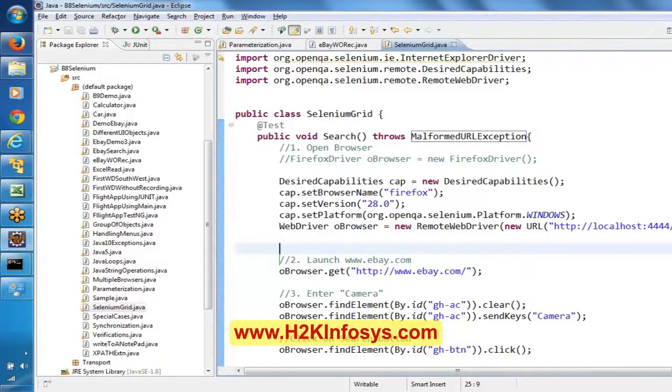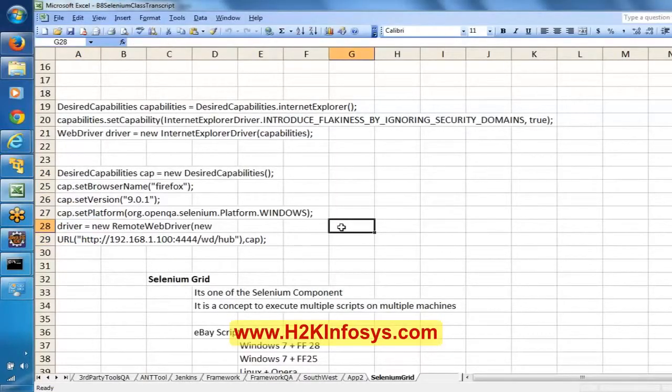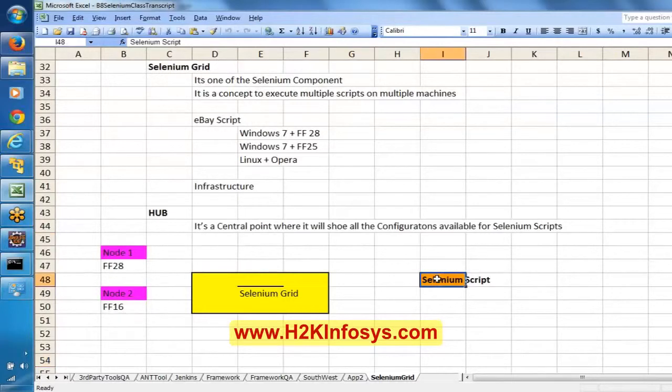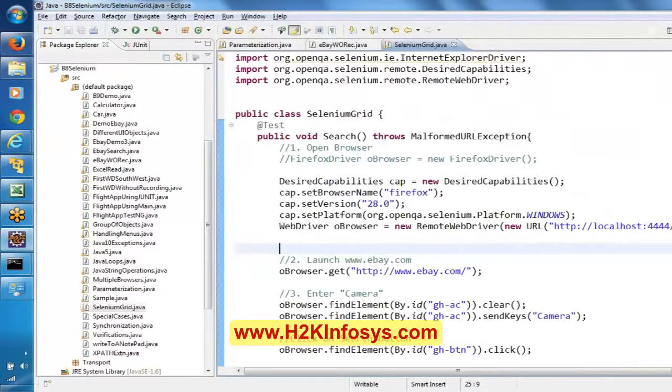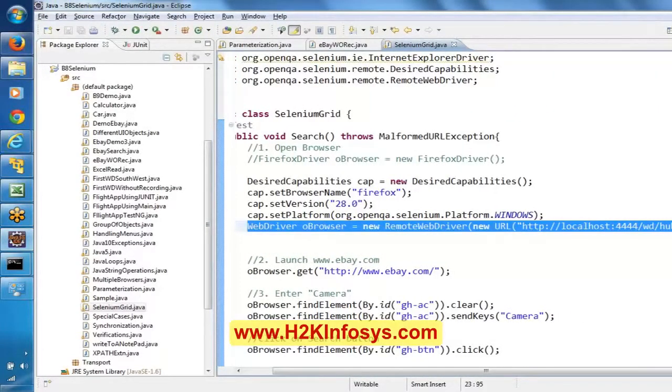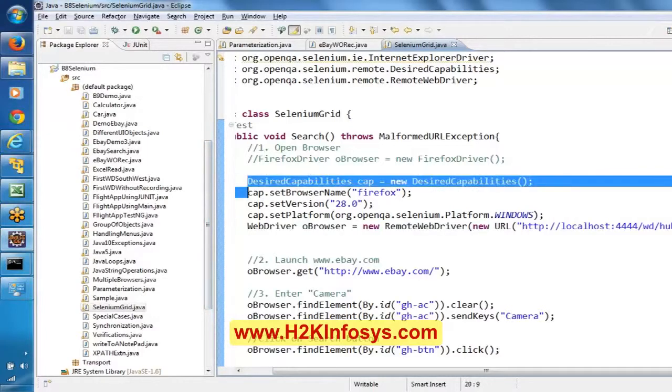That's it. Basically, from this Selenium script, we are connecting to the grid. Okay, how we are connecting? By using this logic. Once it connects, what it has to select, it should select either the 16th version or the 28th version that we have mentioned over here.